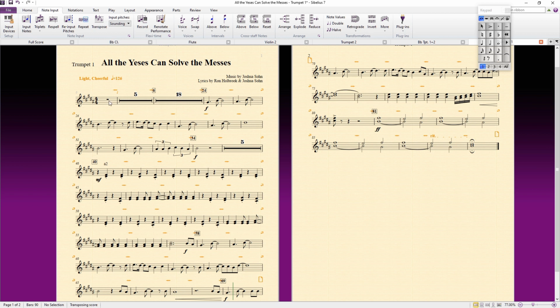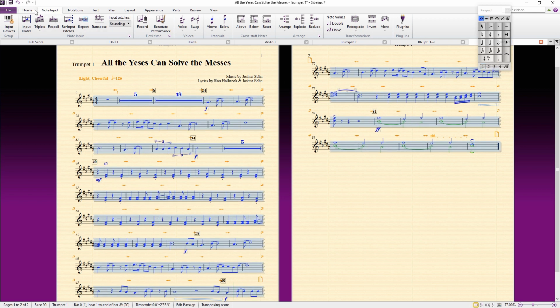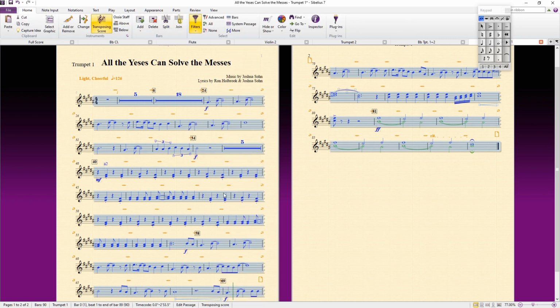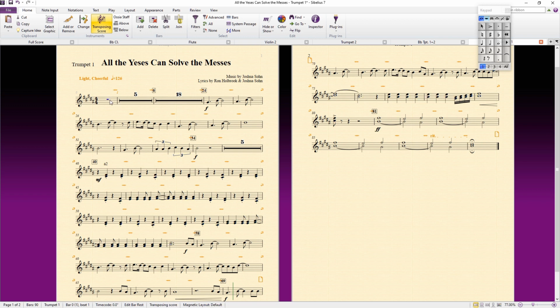So you'd have to go to trumpet 1 and then trumpet 2 part, and then I'd have to go to the filter, which is here, go to the second note, or I think it's the bottom note,